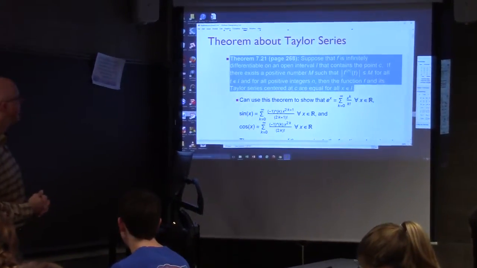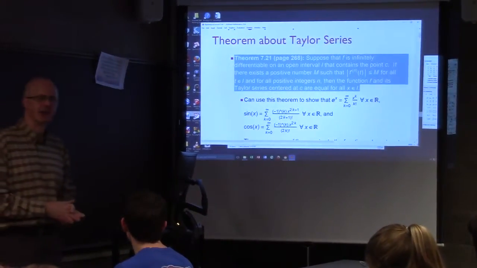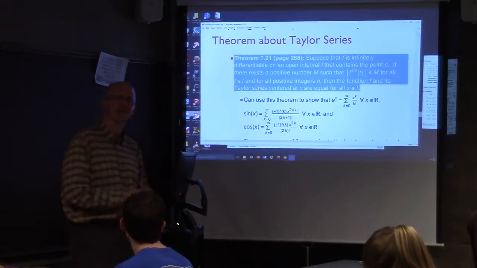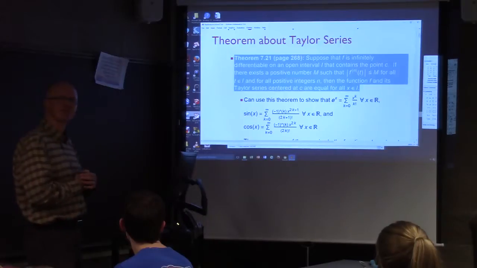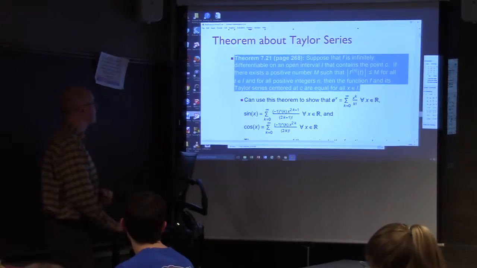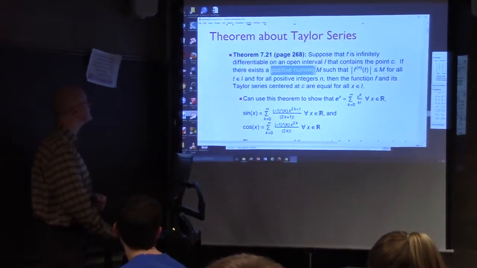It says, suppose you've got a function that's infinitely differentiable, infinitely many derivatives on some open interval that contains the point c. Is that zoomed in enough to see it well? Okay. If there exists a positive number M, so that,